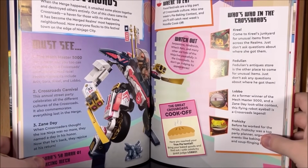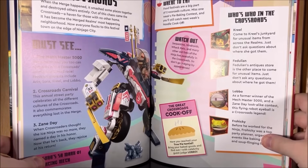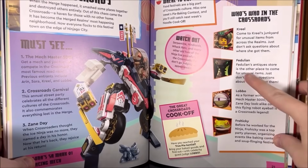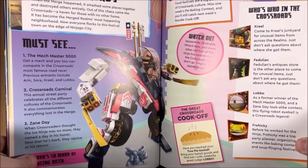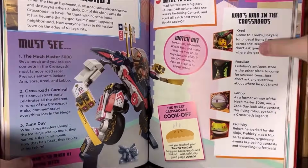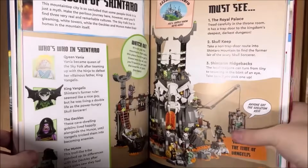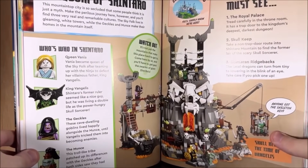The book does use a lot of variations of actual set images and screenshots from the show. As you can see here, we have some show screenshots, plus a picture of the Sora mech that actually was a set there for a little while. I think it has since been retired. Kingdom of Shintaro,